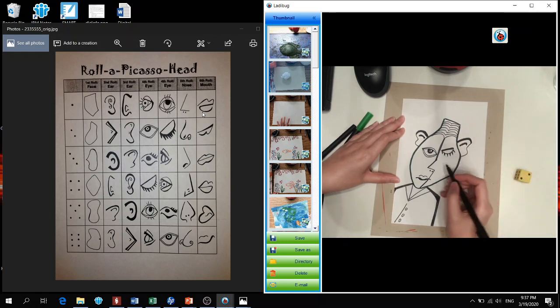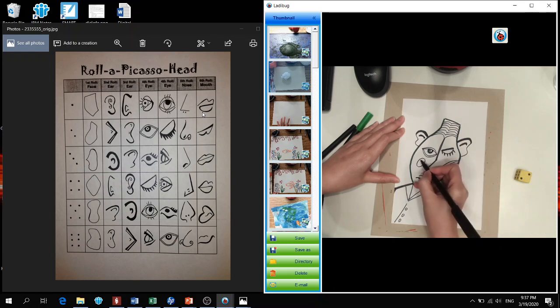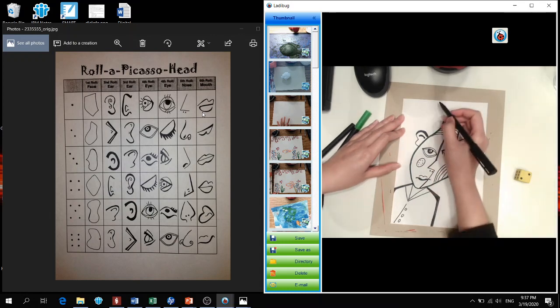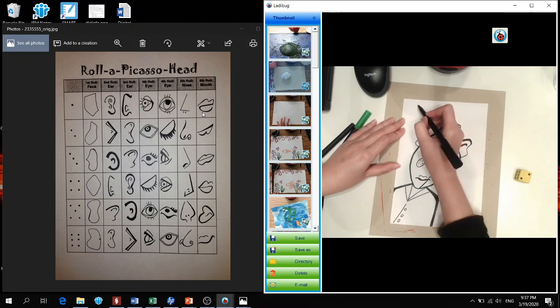I'm going to continue to just separate the face, maybe add in patterns. He looks very gloomy, so maybe